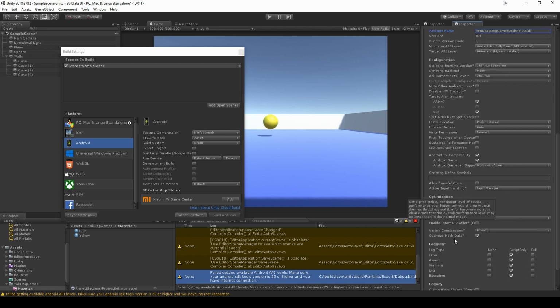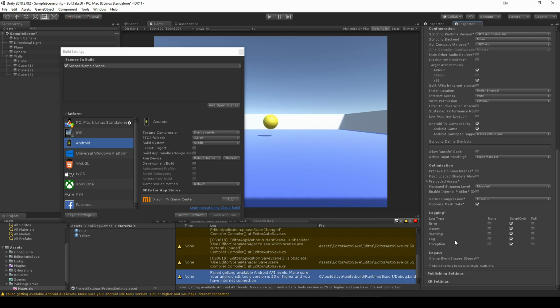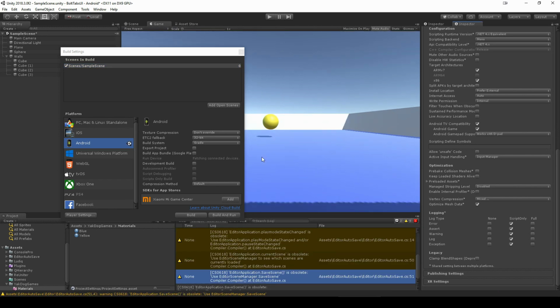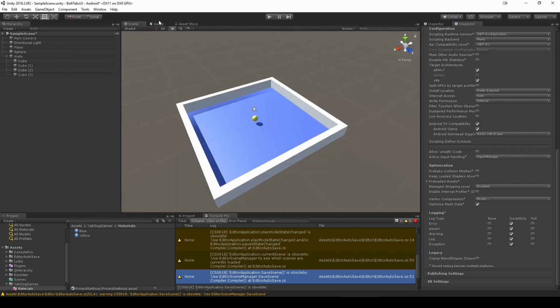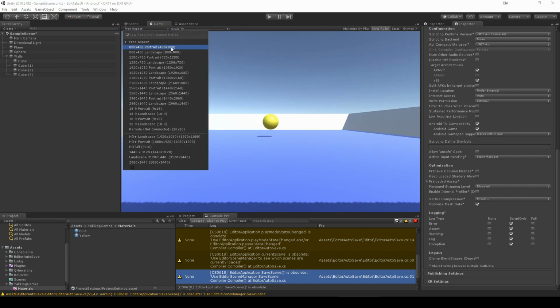Then we want to check what we will use. Okay, let's switch platform, and it will compile everything. You see, did it already? No. Yeah, it did. Okay, very fast. So now we are on Android. What we will do here is, instead of free aspect, choose some landscape